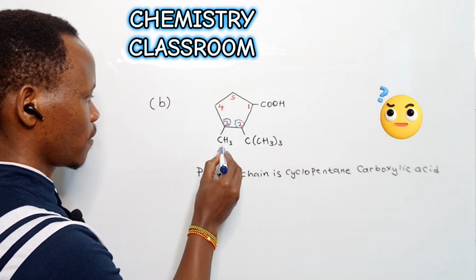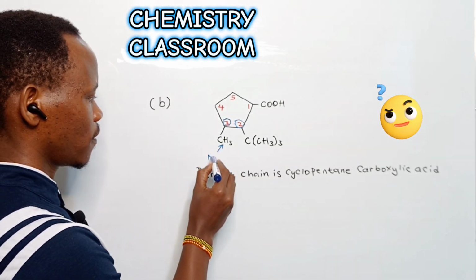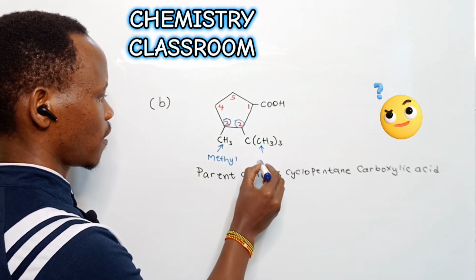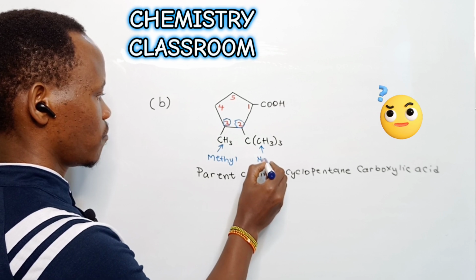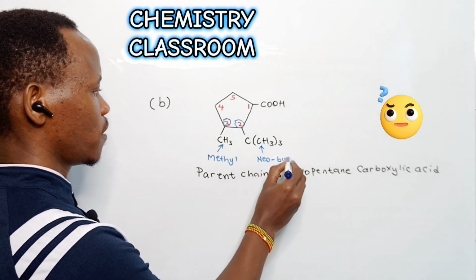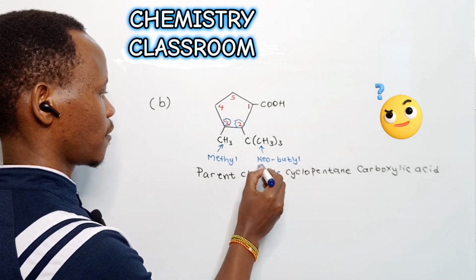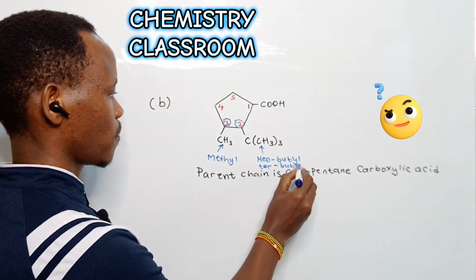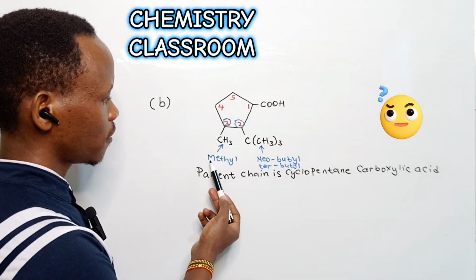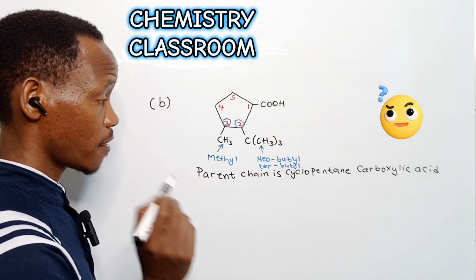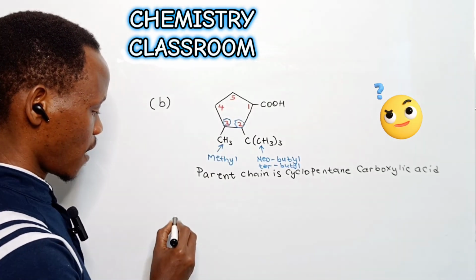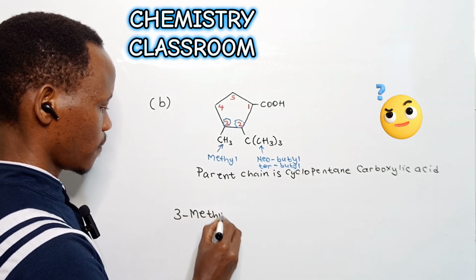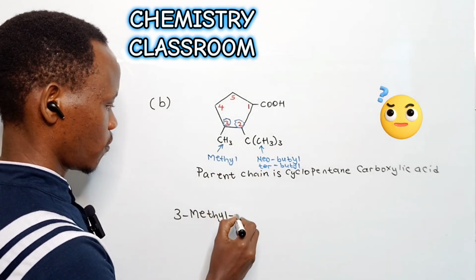And by the way, the substituent here is known as methyl, while this one has two names. It can be neobutyl, but it can also be tertiary butyl. So after establishing our two substituents, we now write down the name of the compound as 3-methyl, and then on position 2,